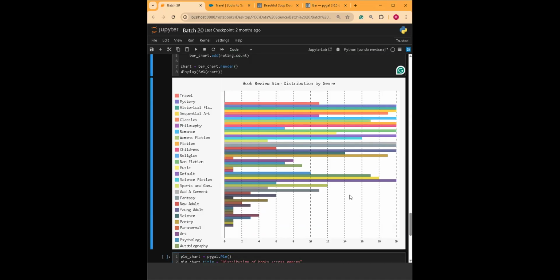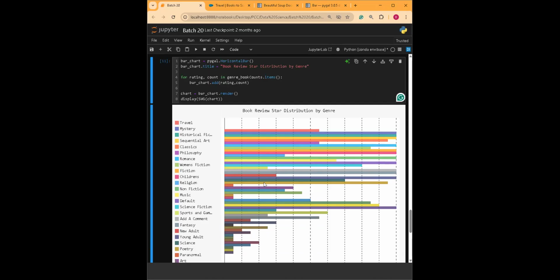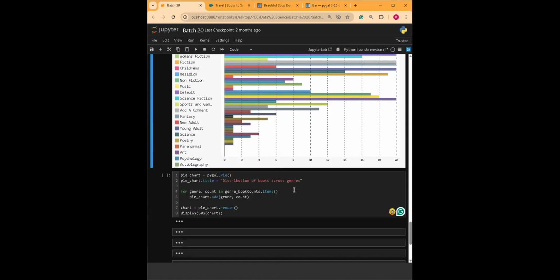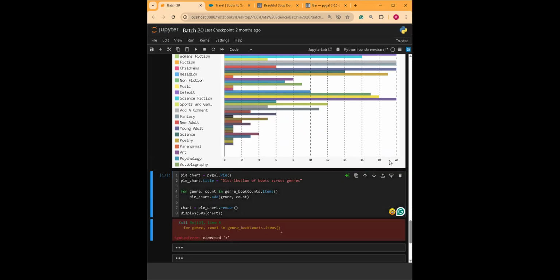What else can we get from this? I think that's it really for now. So we're just using a very simple bar chart in this case, a horizontal bar chart. And last but not the least is the pie chart. But we have an error,